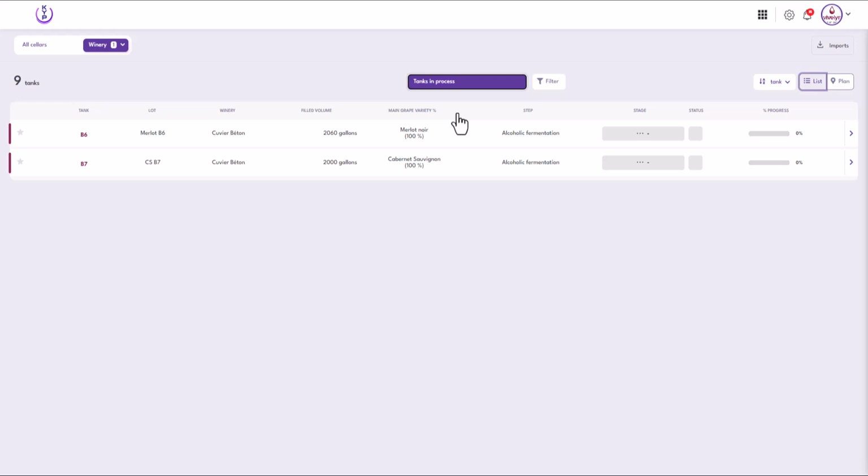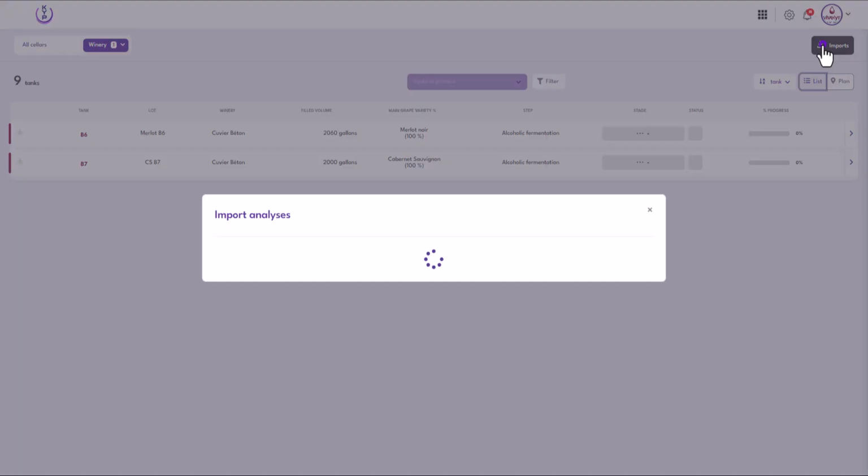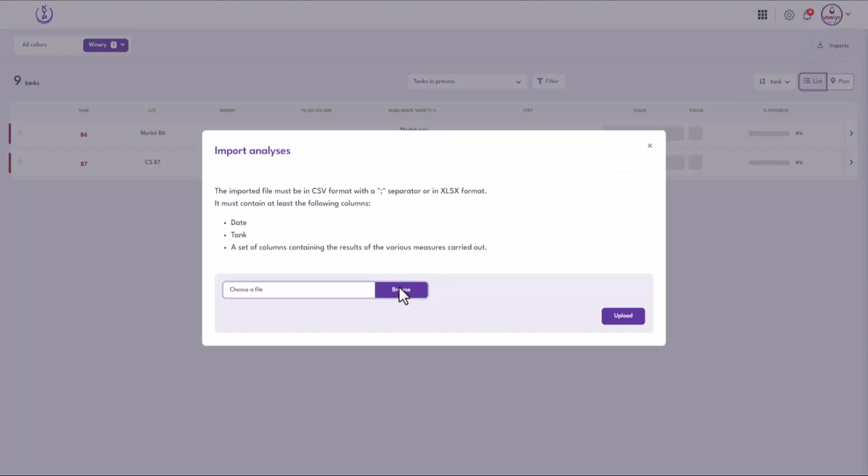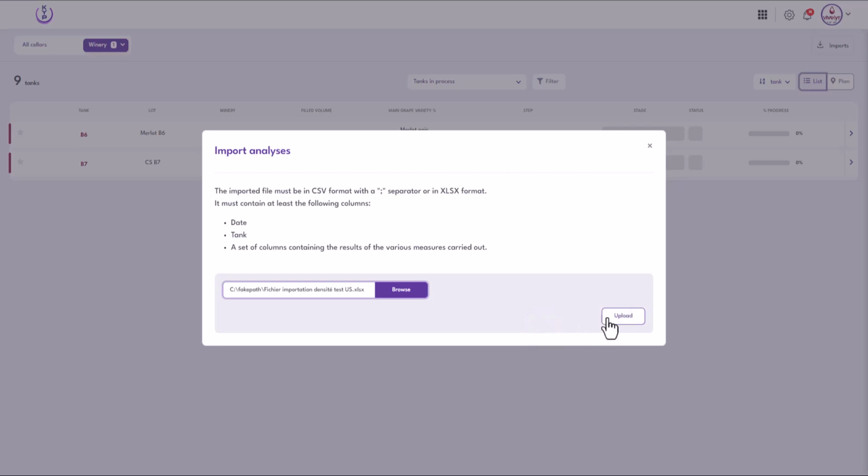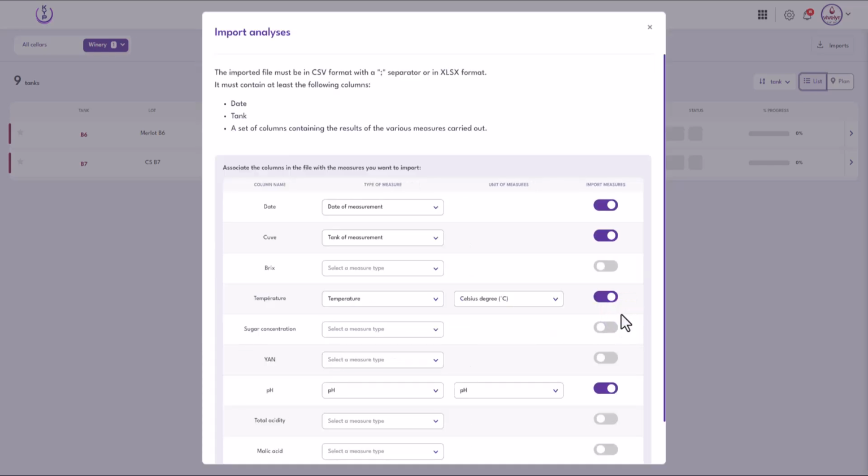It is possible to import a data set from an Excel or CSV file. Clicking on the Imports button in the top banner opens an import form. It is mandatory that the structure of this file contains at least the date and name of the tank, followed by the data columns. KYP will then ask the user to match the file's column headings to the various data